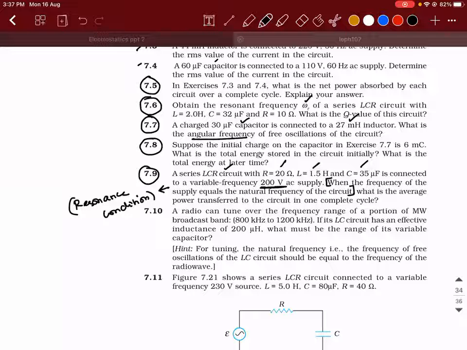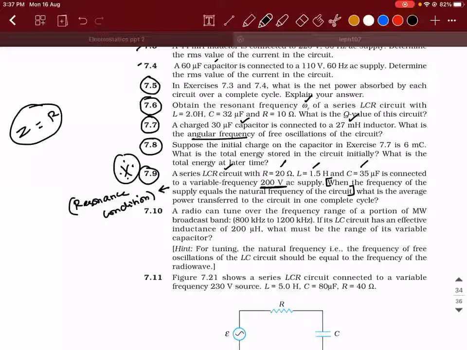You'll be able to answer this question, mark it as important, only when you know what happens to an LCR circuit at the resonance condition. Go revisit your notes and tell me. During resonance condition, what will happen? XL is equal to XC. Due to that, what will be the value of the impedance of the circuit? It will be maximum, sir. Impedance will not be maximum. The impedance will be minimum. Current will be maximum. Z will be equal to R.